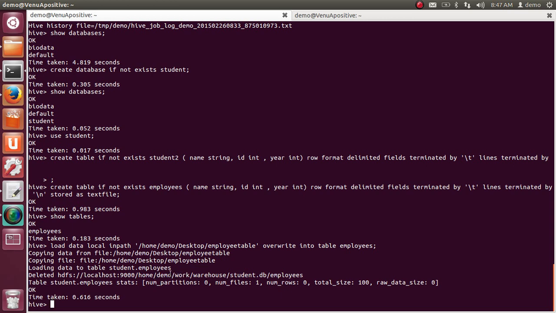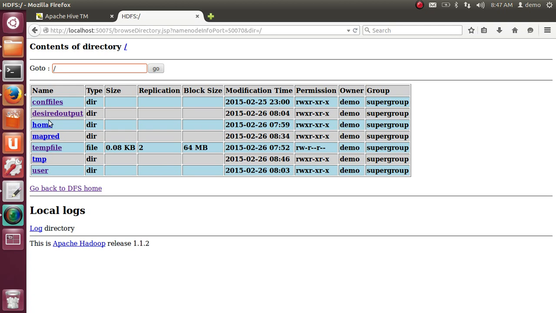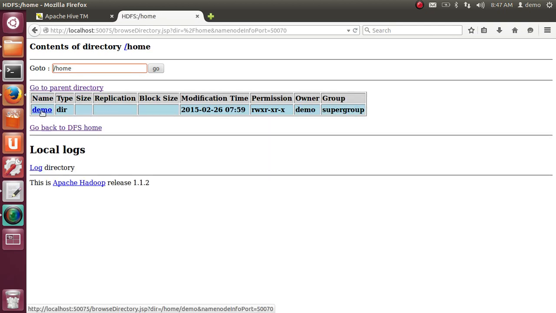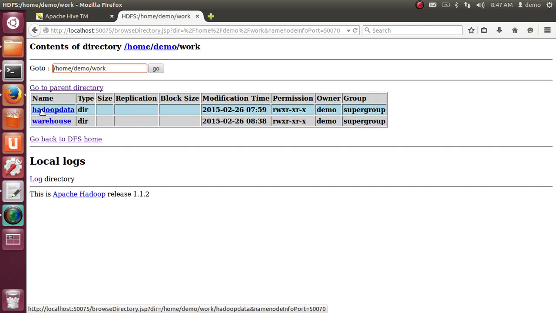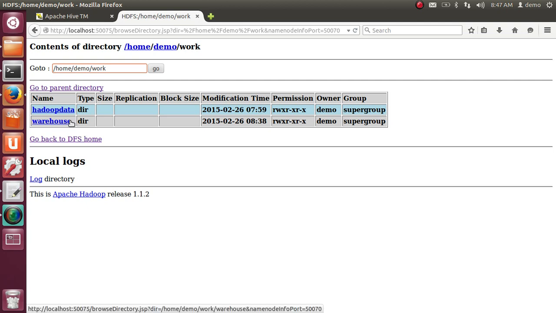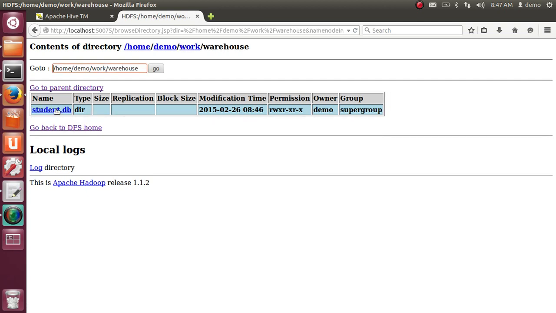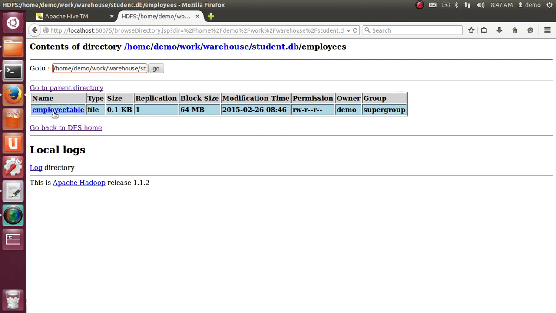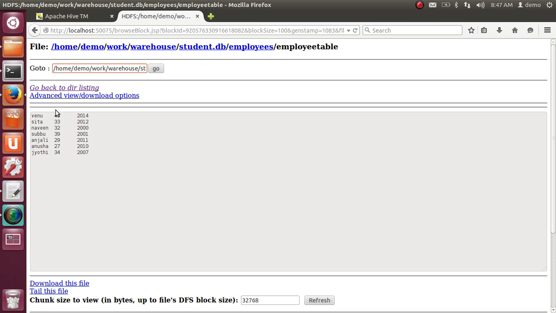Home, demo, work, Hadoop data, and this is the warehouse data. Okay, warehouse data and student DB. In student DB there is the employee table. Here it is storing.